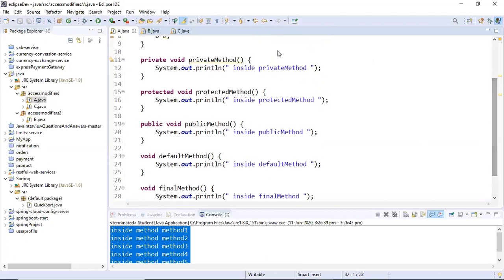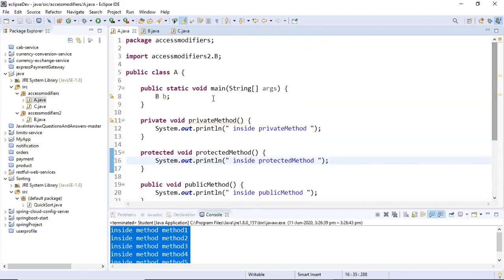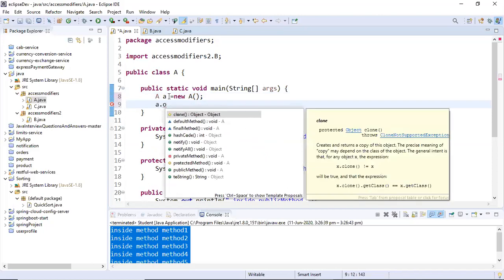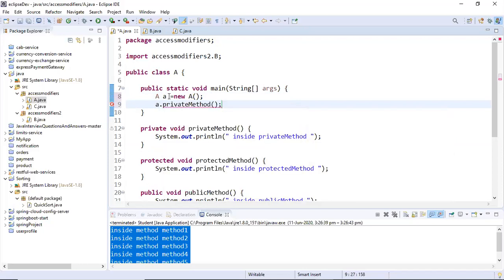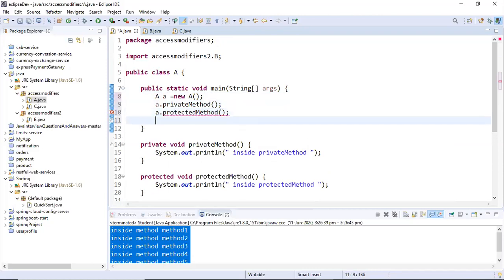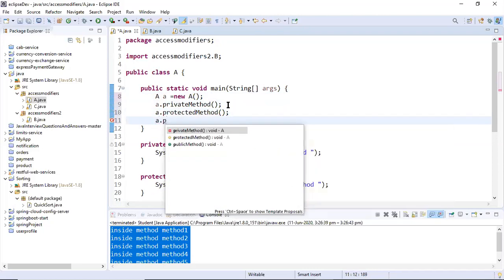What we are already seeing. So friends, I have defined so many methods here. So let me create the object of class A just to display to you that all these methods which are defined below can be accessed from the same class.